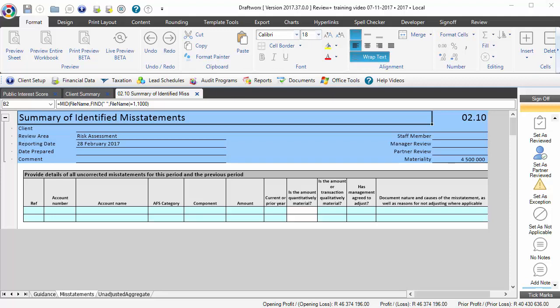Okay, with 02.10 we start with the finalization phase of the engagement. Now this is a summary of identified misstatements, and it's actually a document that you can continuously document information in as the engagement progresses. So as soon as you find a misstatement, come and immediately document it in the summary